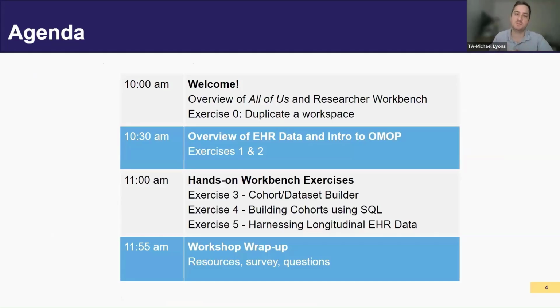An overview of what we're going to be doing. We have our initial welcome and overview of the research program, just to make sure that everybody is on the same footing. We're overviewing what All of Us is and the researcher workbench. Then exercise 0, which hopefully everybody or almost everybody had completed in advance, duplicating a workspace. We have a specific workspace that we have shared with you all that we're going to be working off of today. So if anybody didn't duplicate in advance, please get that duplicated as early as possible, while we go into the next sections, which Cathy will be overviewing: electronic health record data and